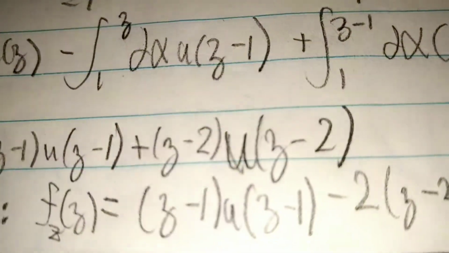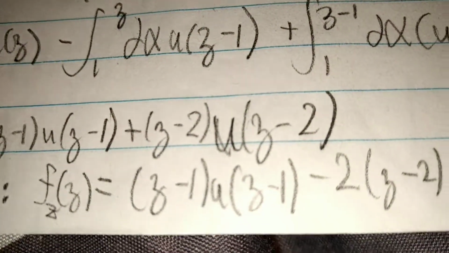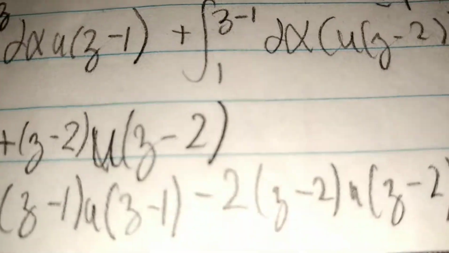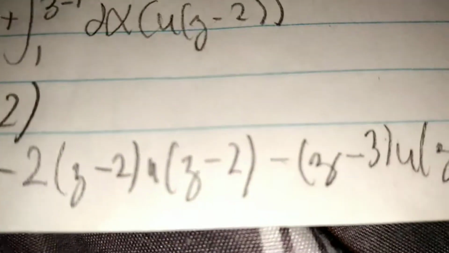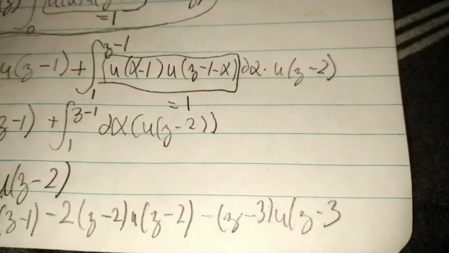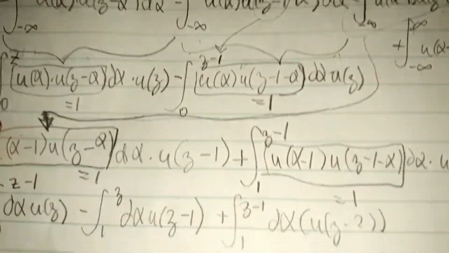And so when you shift 1 to the right, you end up with (z minus 1) times u of z minus 1, minus 2 times (z minus 2) times u of z minus 2, minus (z minus 3) times u of z minus 3. And then to solve, that's with the convolution method. So with the geometric method,